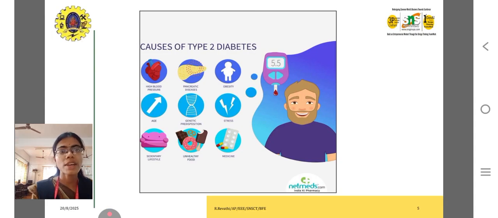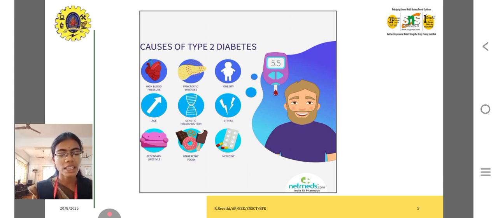So, what are the causes of diabetes? High blood pressure is a main reason for diabetes, and also obesity, body weight, unhealthy cholesterol, and fat deposits in our body. Medicine, taking a lot of medicine, not only for diabetes but also for any other health issues, like asthma, PCOD, PCOS, headache, or fever. Whenever you take a lot of medicine to cure other diseases in your body, that may lead to a decrease in insulin secretion, so that it leads to diabetes.